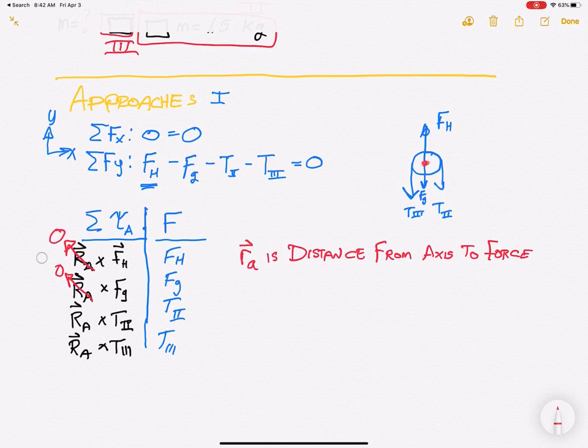The other two, going out to R, the radius to torque 2 and the radius to torque 3, is